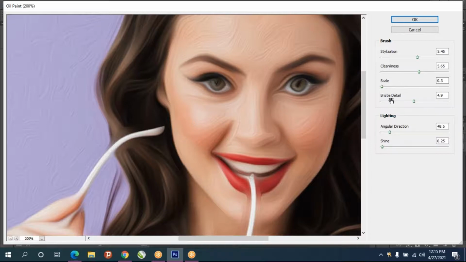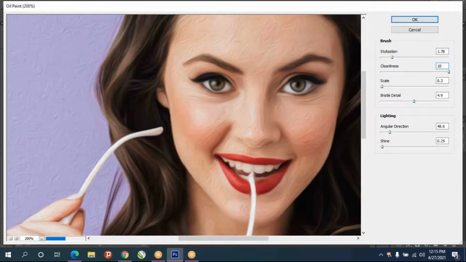Style, you reduce a little bit, and cleanness also, don't give more.